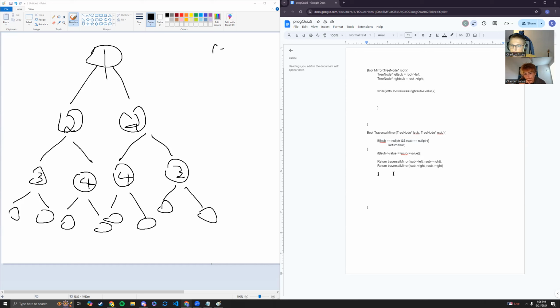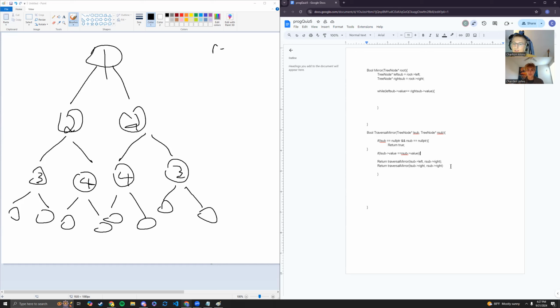And then I think I could just do else return false. But the point I was trying to make is that you just have one return and then you do traversal mirror XX and the and symbols, traversal mirror XX on the same line. Wait, you can do that? Yeah, it's a weird syntax thing. That's what I figured out because I also ran into the same problem in my solution. And that's what I figured out is you could have